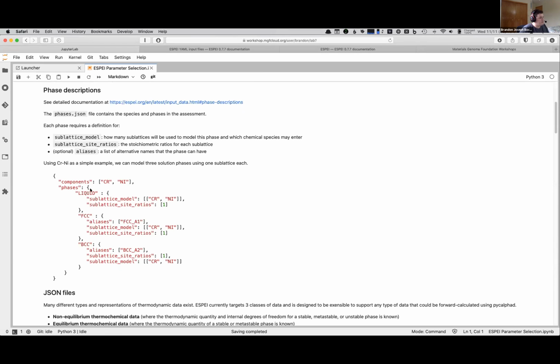But we have to specify a couple key things. We have to specify which chemical species we're interested in fitting, as well as what phases we're interested in fitting. And then for each phase, we need to specify the CALPHAD sublattice model. And so if you're familiar with the compound energy formalism, this here is where you define what that is. And so today we're only going to look at chrome nickel,